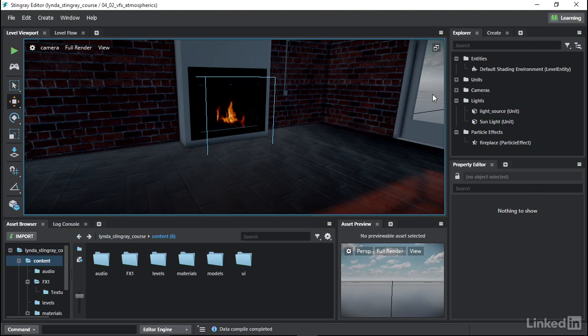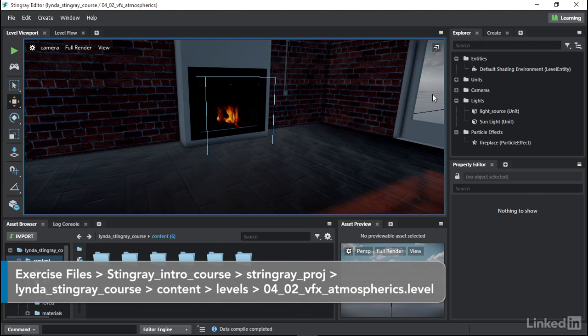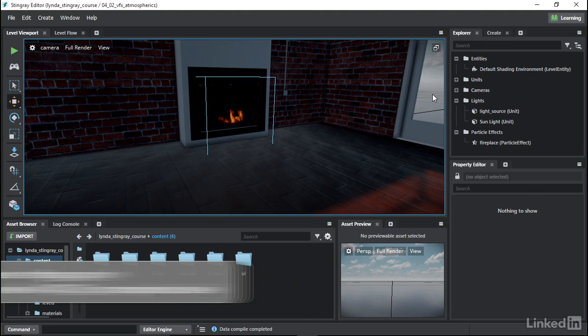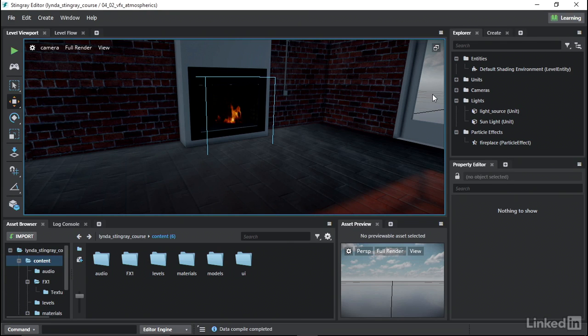The shading environment was great, but let's add some particles to our level to really kick things up a bit. Now, there's a lot we can do with particles, but let's focus on one effect, a fire in a fireplace. So to create a particle effect in Stingray, it's actually quite simple, but I am being very specific on my